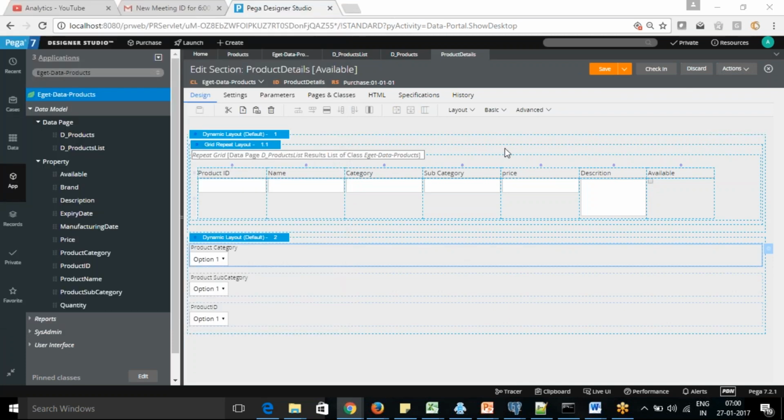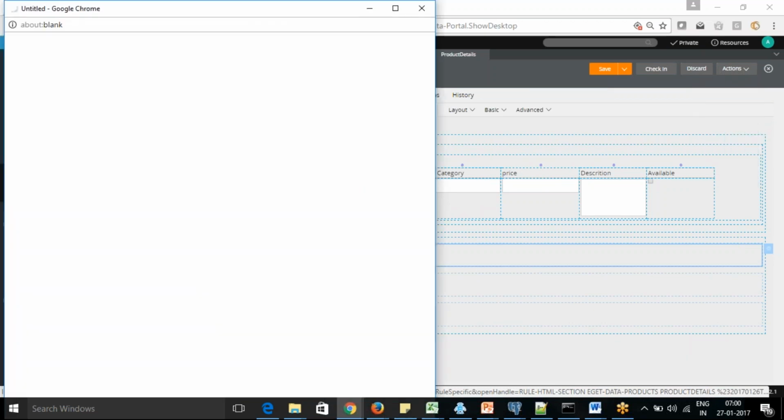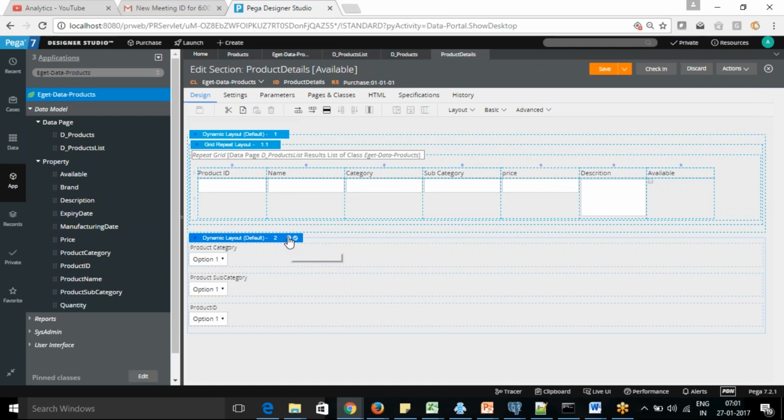Okay, normally we should check the UI part in the actual case. Normally when you review it, sometimes you will not get the proper results and you cannot check the actions there as well. So it was working without that. Okay. So there is no issue with this.